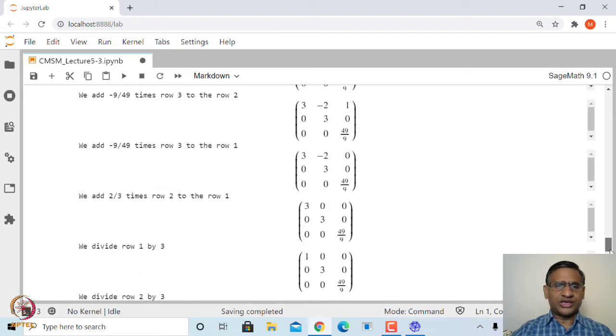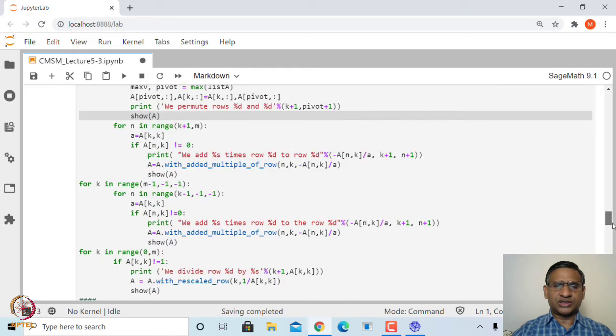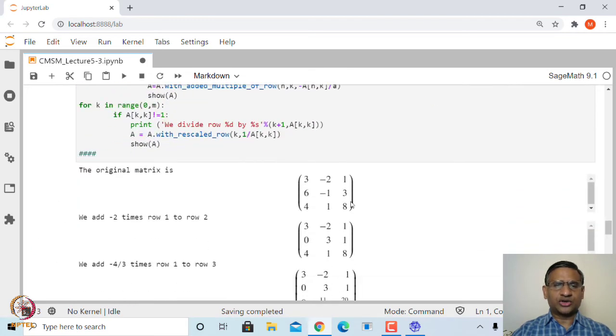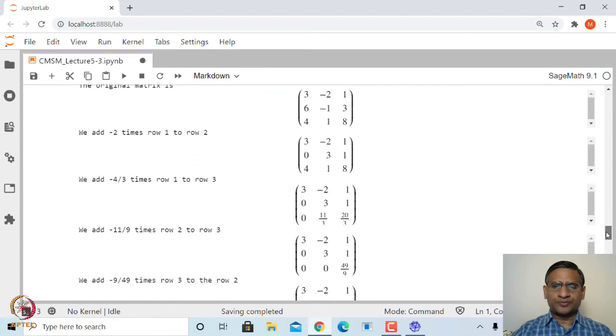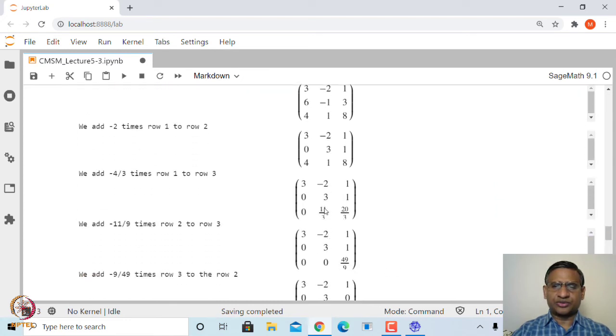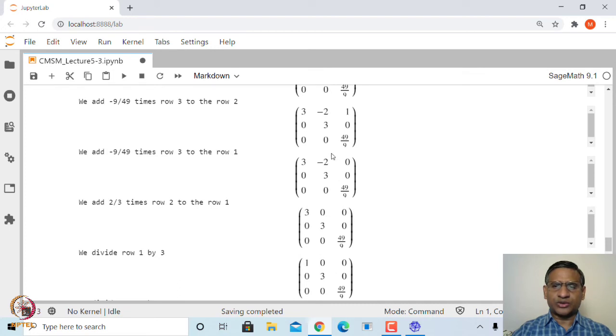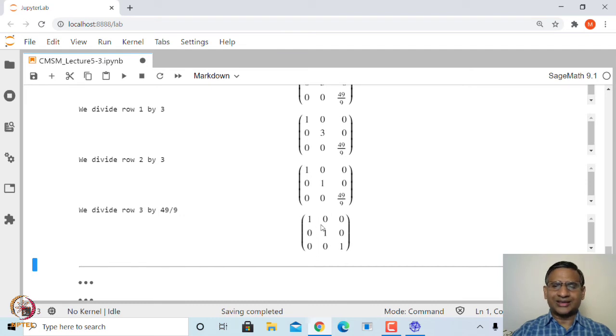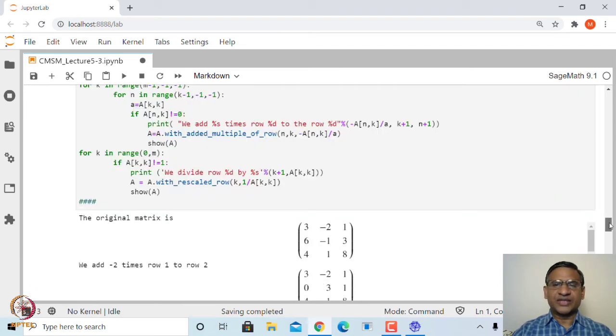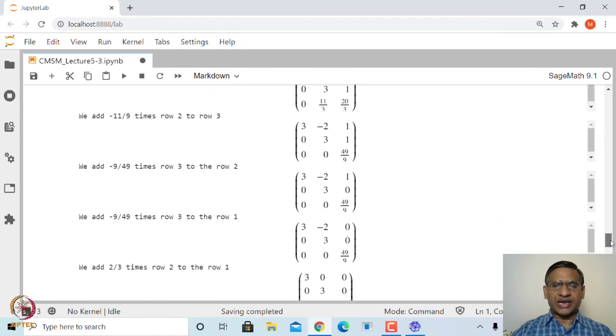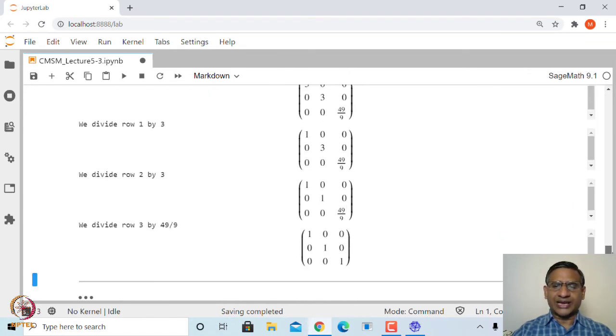You can see here it is performing step by step. So, let us look at what it is doing. This was the original matrix, and what it is doing is converting this into 0 first, that means the second entry, then this into 0, and then it will go to the next step and the next step. Once this is made 0, the next step will make this particular entry 0, and things like that. So, you can keep on continuing this till you get the identity matrix. In this case, since the matrix is invertible, the reduced row echelon form of this matrix will be the identity matrix.